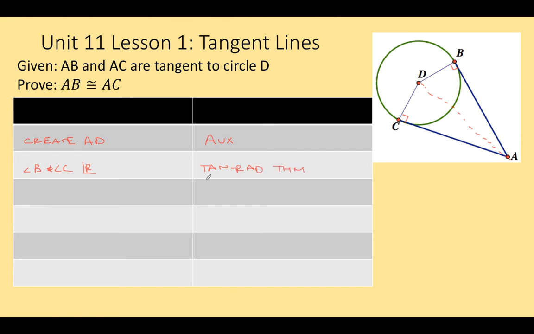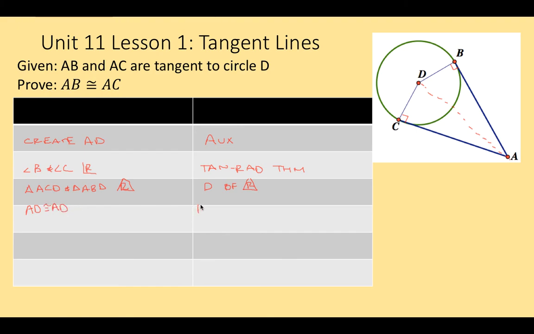Okay? And if I have right angles, that means I have right triangles. And so I'm going to say triangle ACD and triangle ABD are right triangles. And that would be by the definition of right triangle, and that they have right angles in them. Well, now we just need 2 clues to pull this off. And so here's what I'm thinking. We could probably say that AD is congruent to AD